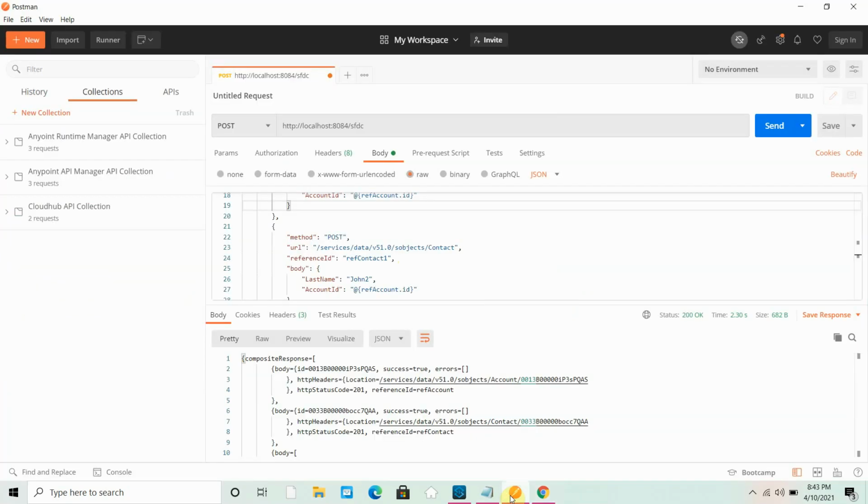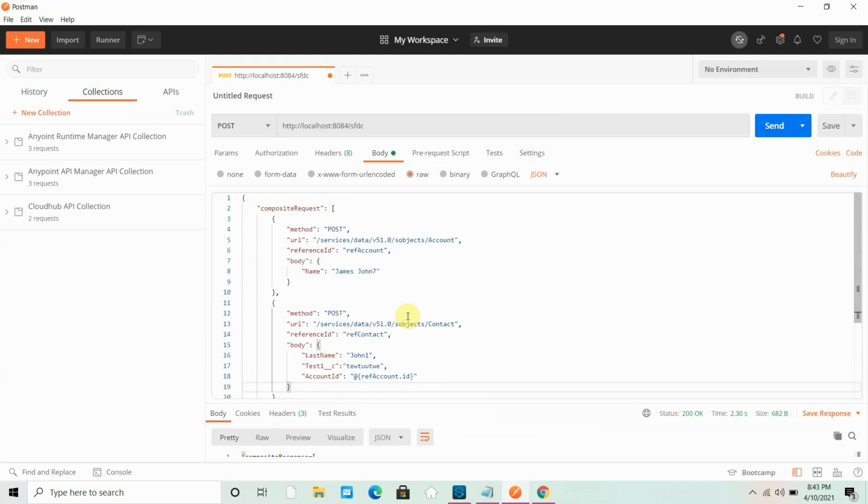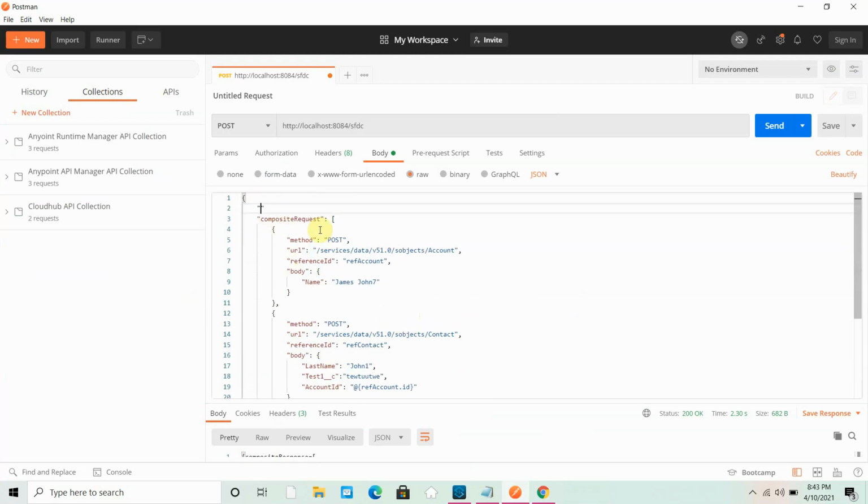But my requirement is that either it should add everything, or it should roll back. For that we can use a tag at the top known as allOrNone. I can use this particular tag and set it to true. This is how you can enable a transaction. This will ensure consistency and atomicity of your data.